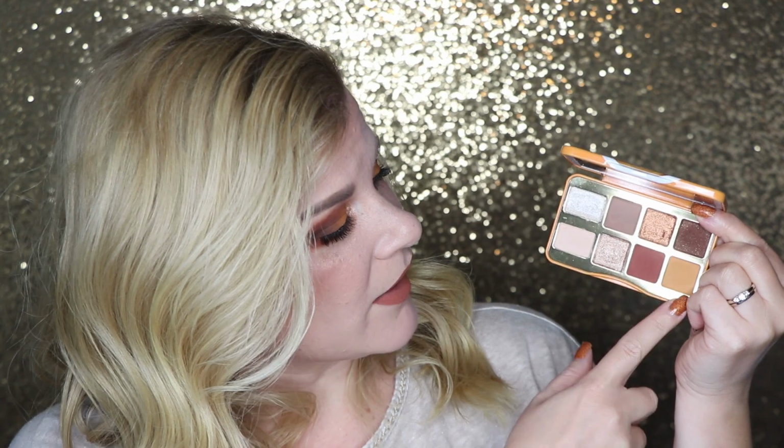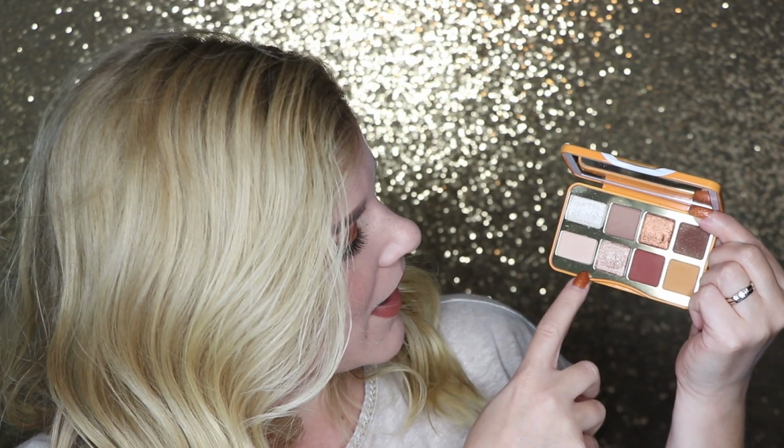The ones that are larger over here on the edge are 0.95 grams of product, and the other square-shaped pans are 0.8 grams of product. I think that's a little strange, personally, because I can't really figure out why they made these ones not as tall as the square pans. Visually speaking, I wish they had just made them a little bit larger to fall in line with those. I understand why they're larger, but it seems like a strange size in comparison to the